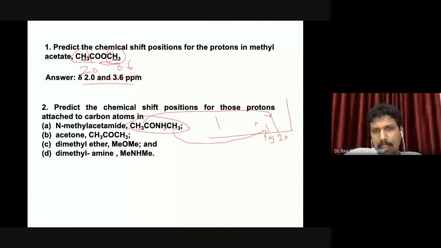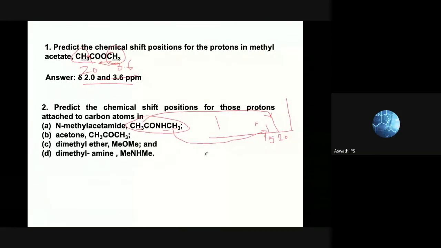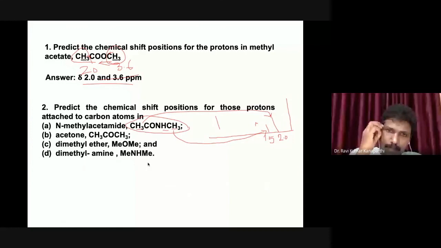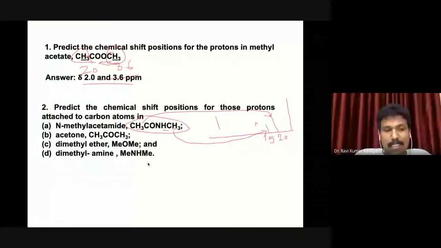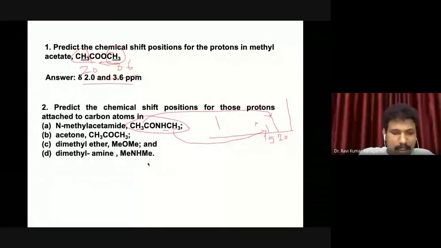And now finally, where will the NH proton give? Yesterday we discussed this point: OH proton, NH proton, thiol proton. Where will it give? Due to hydrogen bonding, it will be in a deshielded position, sir. What is that position? This is what I wanted. This is what yesterday I told all of you to read. What is the position of NH proton? I told you in yesterday's class also. I told this, 5 to 6.